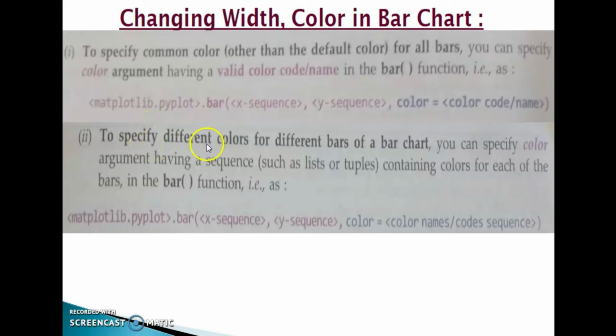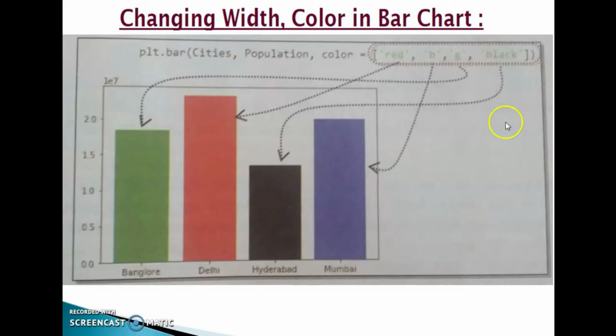Then to specify different colors for different bars of a bar chart, you can specify the color argument having a sequence containing colors for each of the bars in the bar function. That is, color is equal to a sequence of color names or codes. Identify this one: R for red, B for blue, G for green, black. Color is equal to red, blue, green, black.